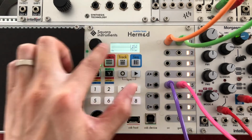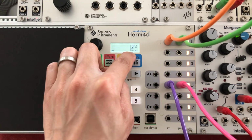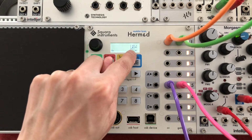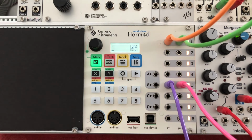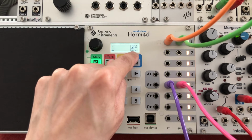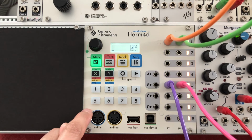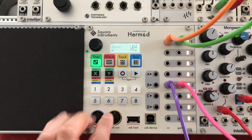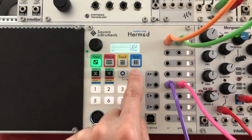Now, the important thing to remember about the Hermod is that the zoom level here indicates the resolution of what this grid is. Because it's times 1, it's essentially 1 note equals 1 beat. This length here indicates the length of the note. Here it's 1, which means it's 1 beat. And so if you have 8 beats here as a length, and you think about this in 4/4 time, you can enter 1, 2, 3, 4. This is 1 measure and 2 measures. If I play that back,